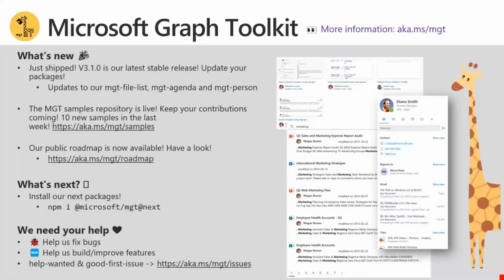aka.ms/mgt/samples. And we also published our public roadmap directly on GitHub. So you're going to have access to our project, where we have a roadmap view where you can see the big blocks that we're working on right now. We're very transparent. You're going to see stuff in there that are actually quite cool. So you can go there,